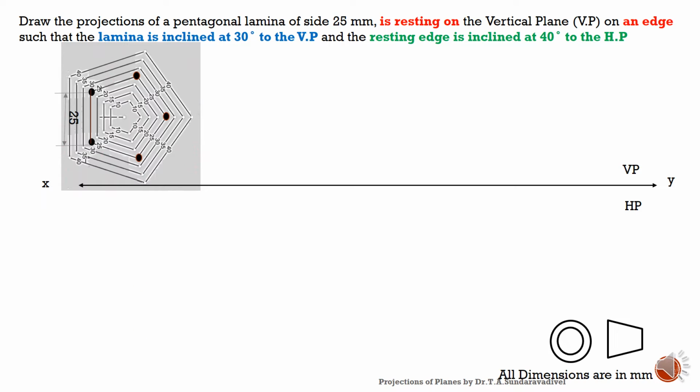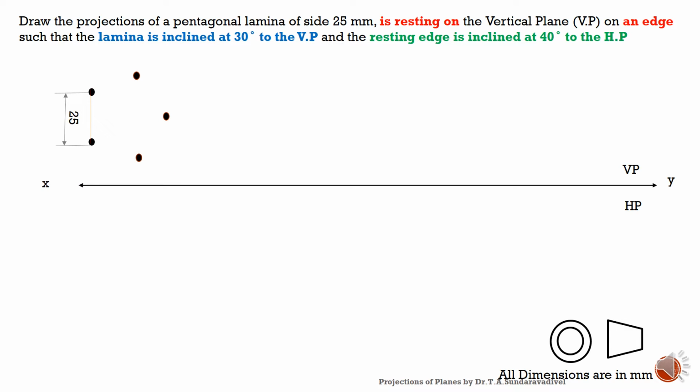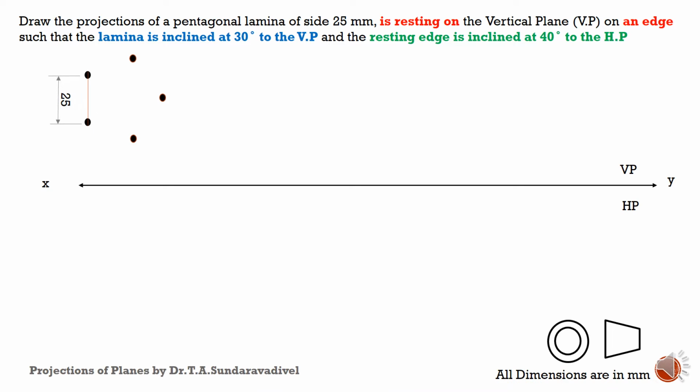Some holes will be provided for all the series of pentagon. Using those holes we can make points and remove the template, so the holes will remain. Then we can name the holes as the points A dash, B dash, C dash, D dash and E dash. Then we can join A dash B dash, B dash C dash, C dash D dash, D dash E dash and E dash A dash. So we will get the pentagon.